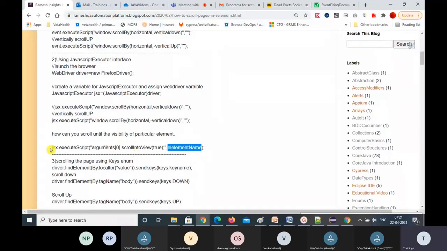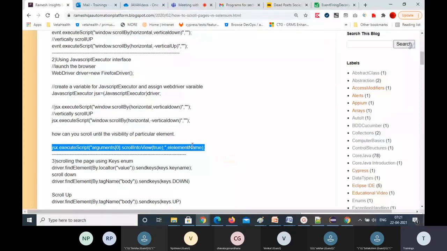This line of code you can write in the previous example, where it is failing, right? So this element name you can pass there. It will scroll to this element, and then you can do actions on it. You can add this line of code for scrolling first. Then you can continue getting the text, getting the href value, and then clicking on that link.